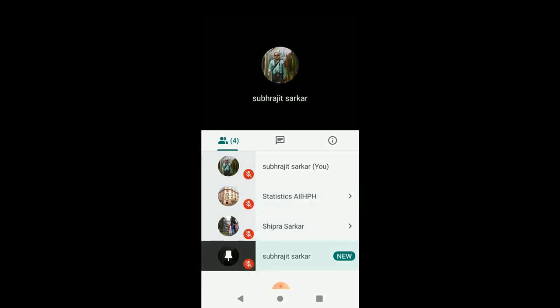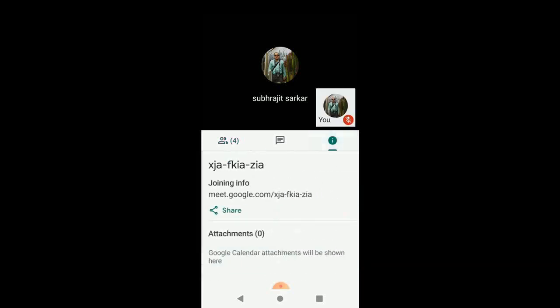As you can see, there are 3 tabs. The first tab is already showing you the list of participants, and the last tab is showing the information regarding this option. This first one, xja-fkia, etc., is the meeting ID.